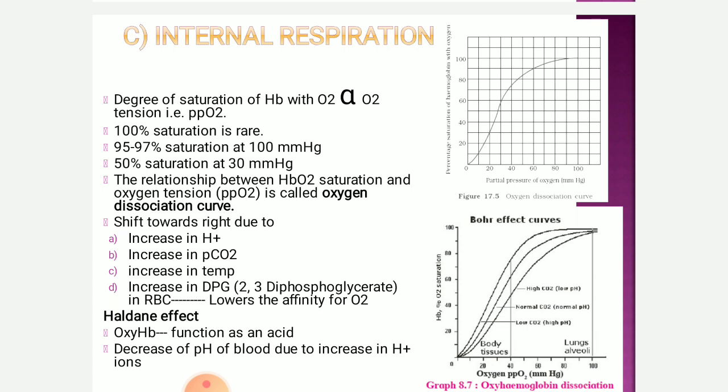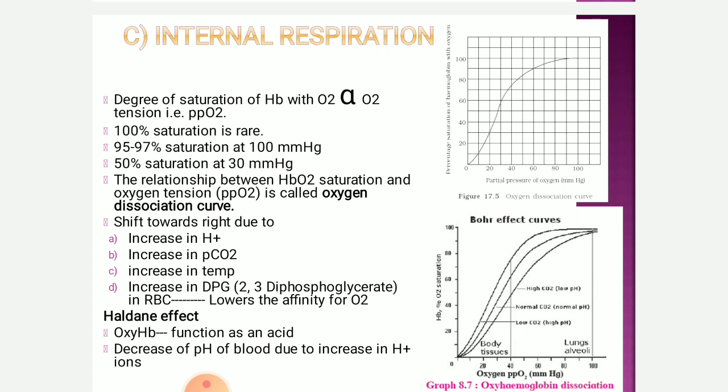First is because of a low level of carbon dioxide, second is because of normal carbon dioxide, and third is because of a high level. So if there is a high level, it is going to shift toward the right side, and if there is a low level, it is going to shift toward the left side. So the shift of the oxygen dissociation curve due to the change in partial pressure of carbon dioxide in the blood is known as the Bohr effect. So the second diagram represents the Bohr effect.